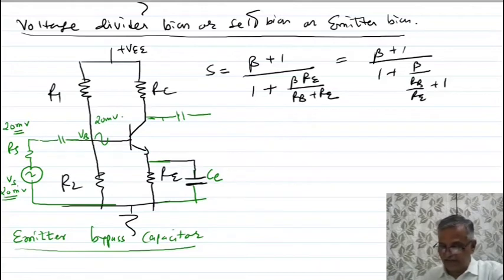So this is the complete diagram of a voltage divider bias circuit, or self bias, which gives good stability. The value of S is low. Up to this we have discussed in all the previous lectures. I did this revision only for your understanding. Now I am discussing another method to bias the circuit, called the bias compensation method. I am discussing three bias compensation methods.